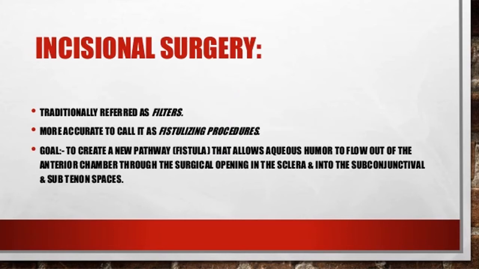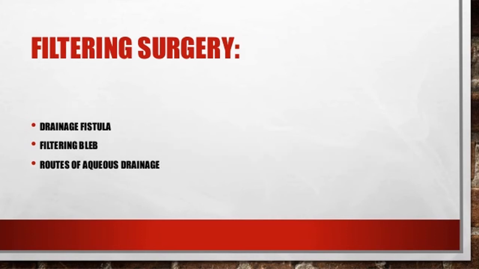Then coming to the next, that is incisional therapy, that is mainly done in case of closed angle glaucoma, where the trabecular meshwork is not accessible because of the different causes. The angle is closed. So you are making a new opening in the angle, especially between your anterior chamber and externally into the subscleral space. Here you have to look for the fistula, that is the opening we have made, and the important role is the filtering bleb and the routes of the aqueous.